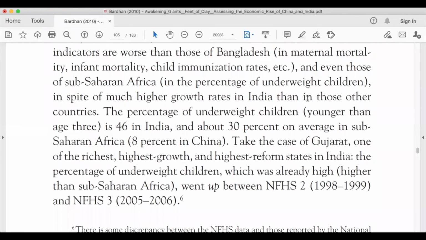If you take health indicators, the results are even more stark. The percentage of underweight children younger than age 3 is 46 in India and about 30% on average in sub-Saharan Africa, 8% in China. Take the case of Gujarat, one of the richest, highest growth and highest reform states in India. The percentage of underweight children, which was already higher than sub-Saharan Africa, went up between the NFHS 2 1998-99 survey and NFHS 3